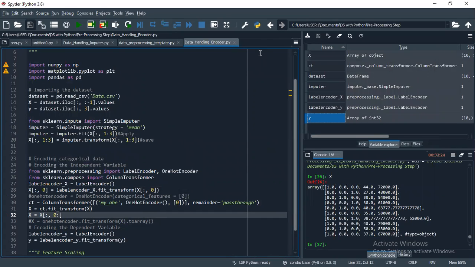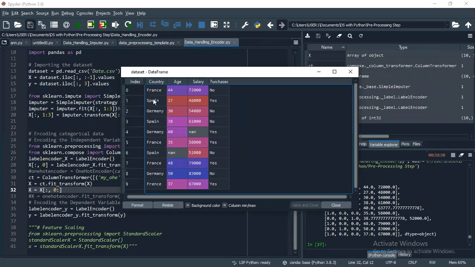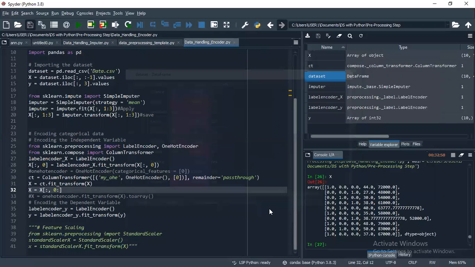Ma'am, why do we need to change all these? If you are not changing these, in the data set you have different data types, right? Here you have a string, here you have an integer, and here you have a string. So when you apply machine learning, that will be very difficult for us to handle. From that perspective, we are changing. Clear? Yes, ma'am. Okay.